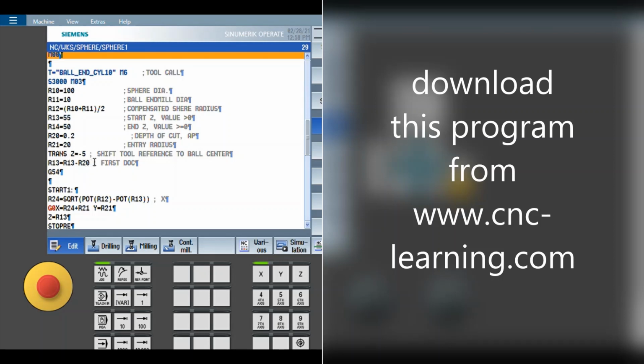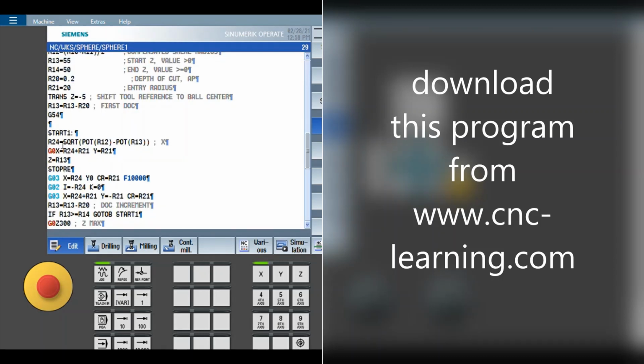So this can be done without this command also. In that case you need to take the reference on the tip and then do an adjustment by the tool radius in the offset. So here it is defined in such a way that if the operator takes the offset onto the ball cutter tip, the reference shifting to the center will be automatically taken care of.